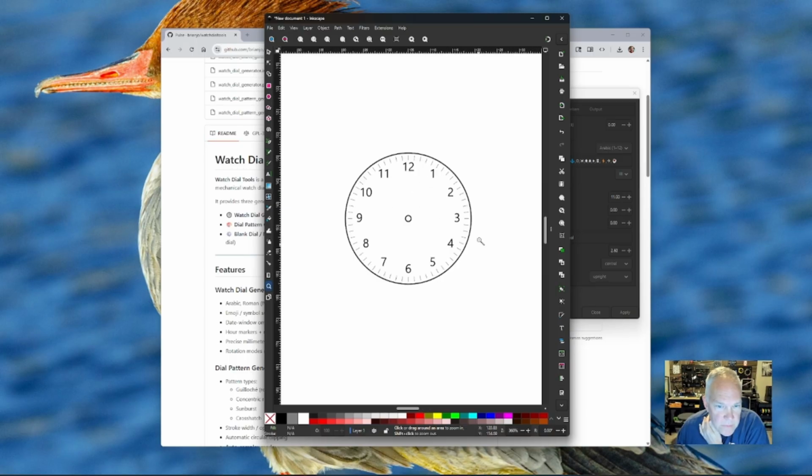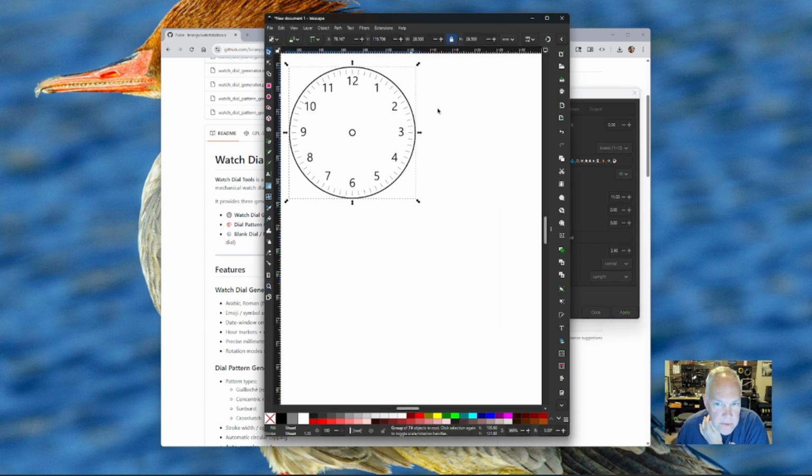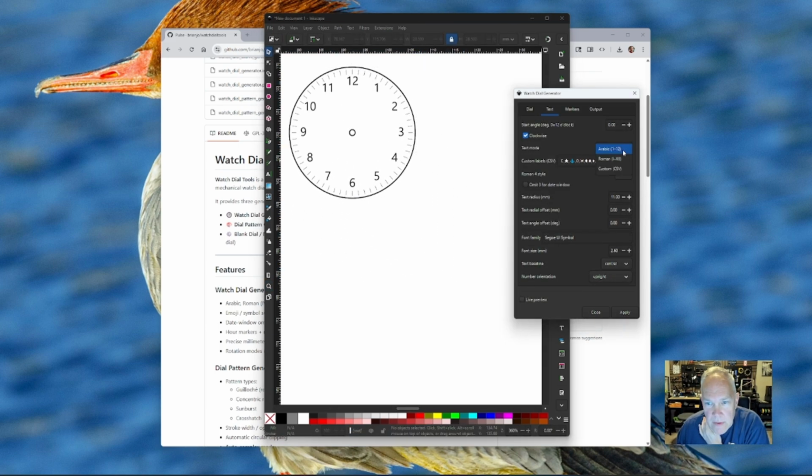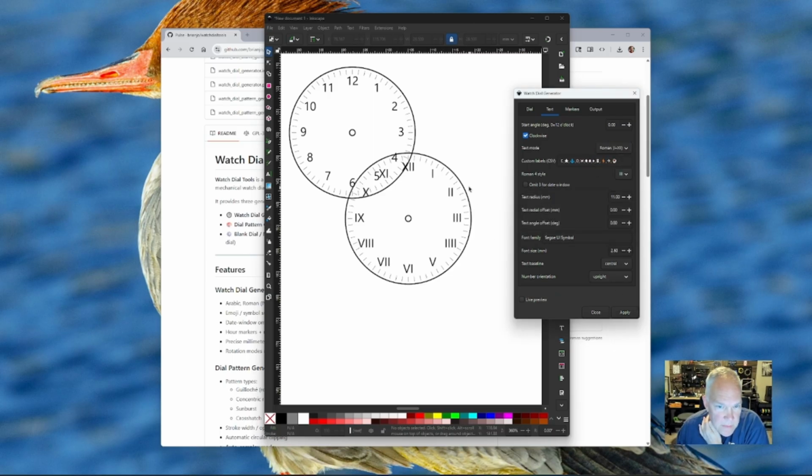So that's pretty cool. We have this nice watch dial. We have our seconds. We can actually do other things, though. We could create a different kind of watch dial. If we wanted to create a Roman numeral watch dial, we could create a similar one like that and use